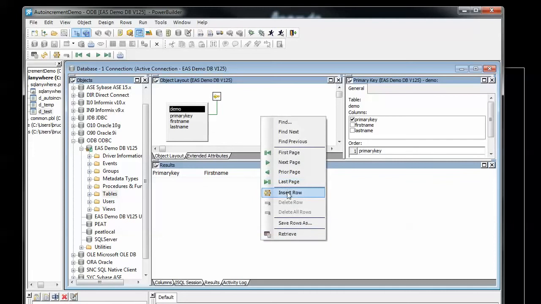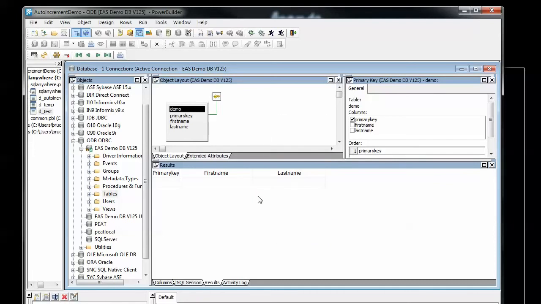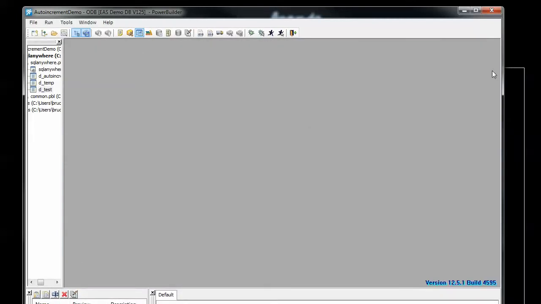I'll go ahead and insert a value here. I'll put in, let's say, John Strano. And when I save that, notice that this value of 1 came back from the database. I didn't put anything in there originally. So that's the auto-incrementing column actually being used from a DataWindow. Well, the question will be,